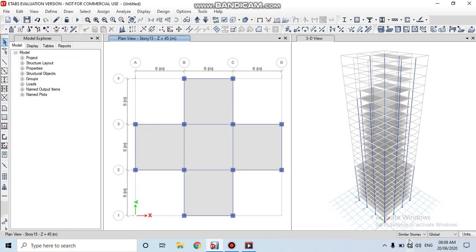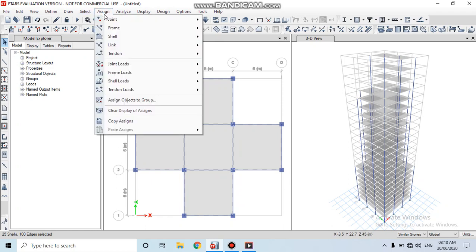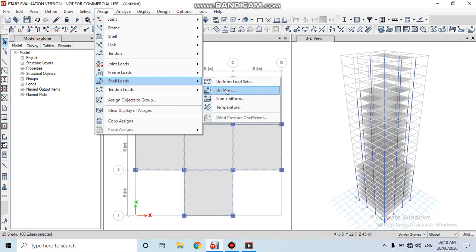Before applying the load, set here to similar stories. Then choose the shells. Then go to assign, shell loads. Click on shell loads and click on uniform.